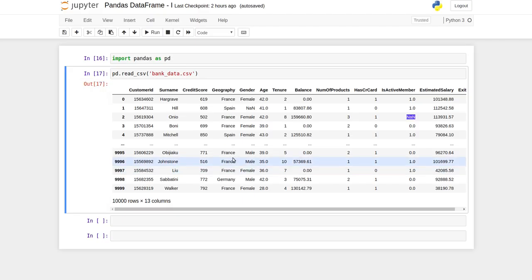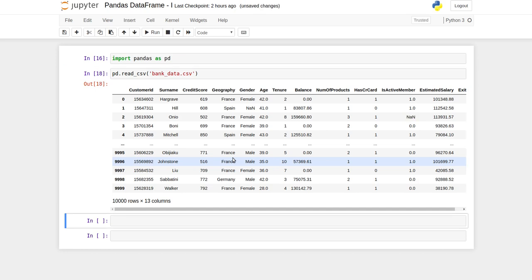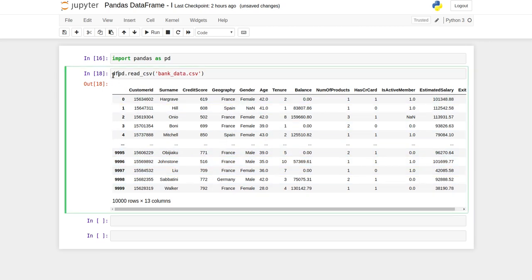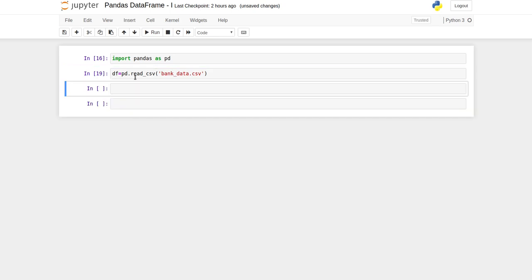So suppose we have a null value, pandas converts that null value into nan values. Okay, so next, to use this pandas data frame, I need to first store it in some variable. So I use df and store the whole data frame in the df variable.